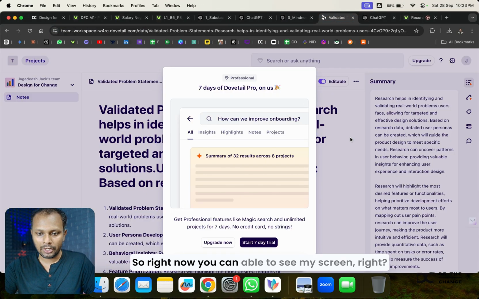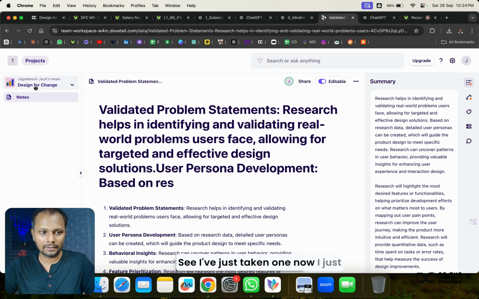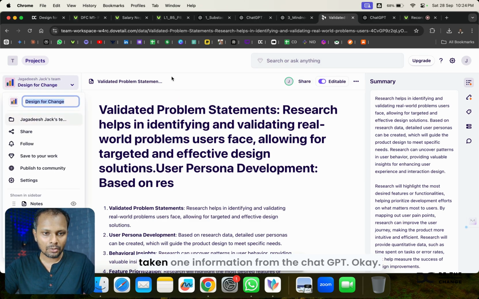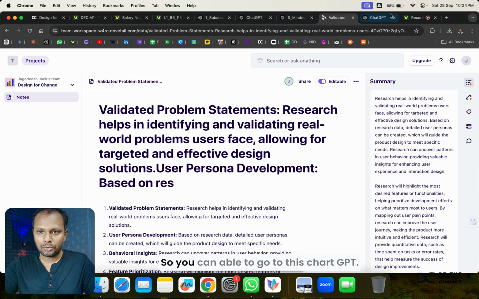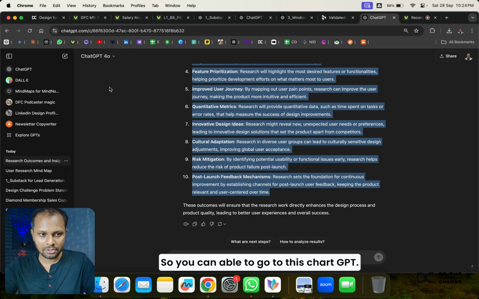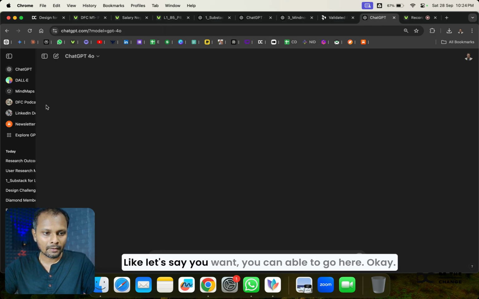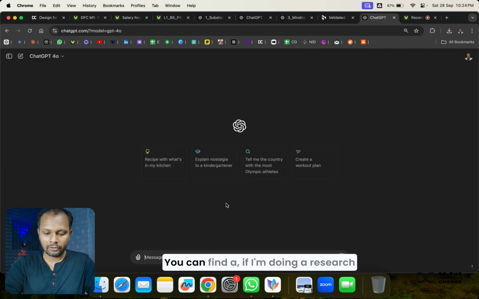So right now you can see my screen, right? I've just taken some information from ChatGPT. You can go to ChatGPT like this, and you can find